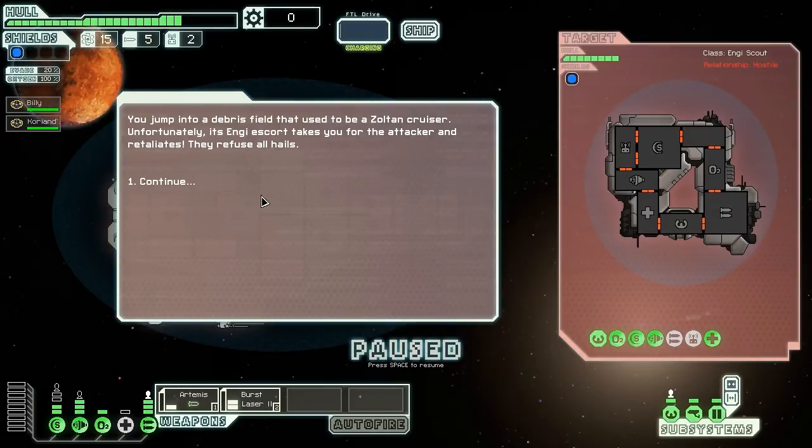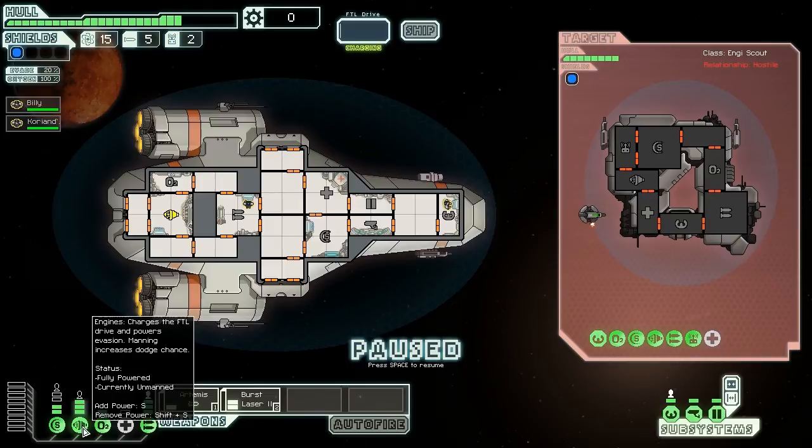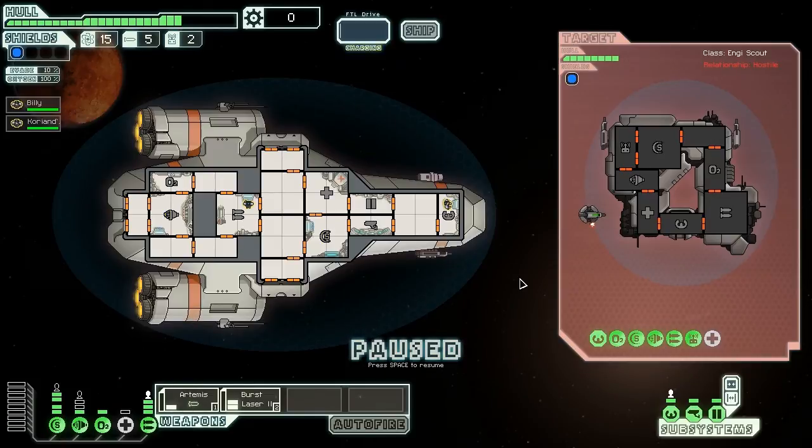We jump into a debris field that used to be a Zoltan cruiser. Unfortunately, its NG escort takes us for the attacker and retaliates. That's okay. The only problem with this is they've got a drone that will take out our missiles. Well, I'm going to power that down and power that up because technically these guys have lasers, so we might be able to block enough that it won't do any